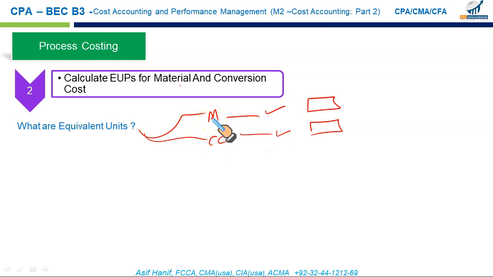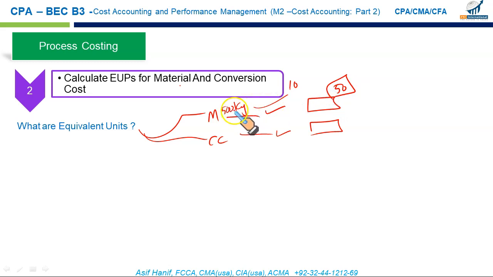Equivalent units are hypothetical units for computational purposes: the material needed to complete a certain number of units, or the conversion cost needed to complete a certain number of units. Let's say we have added 500 kg of material during the current period and each unit takes 10 kg, for example. That means these 500 kg worth of material should be able to produce 50 units, right?